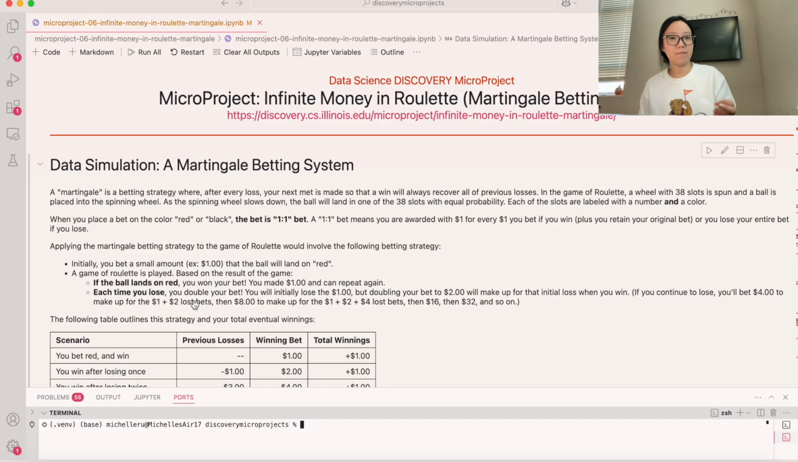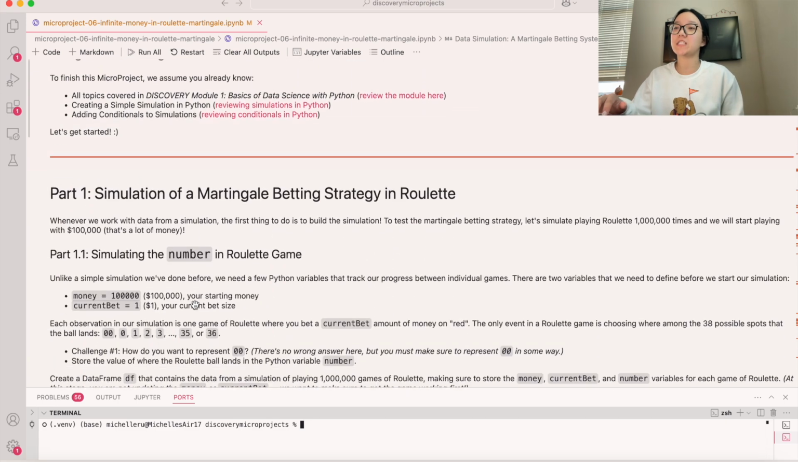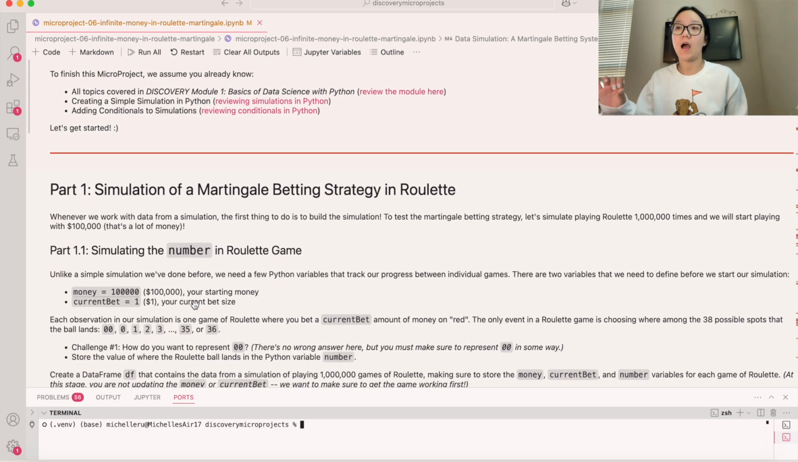So it makes sense when you think about it, and honestly, when I was first introduced to this betting system, I was also confused because I felt like this was just an infinite money glitch. But we're going to talk about this a little bit, and then we're going to run some simulations and prove why this doesn't work. So I'm so excited. Let's get started. So the first thing that we're going to do is create a simple simulation, which is to